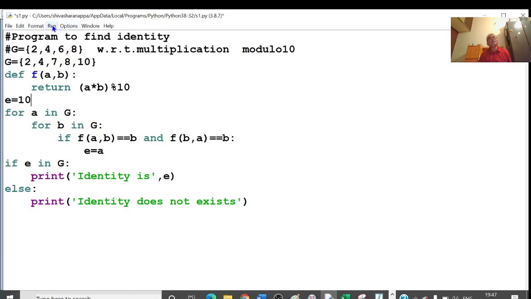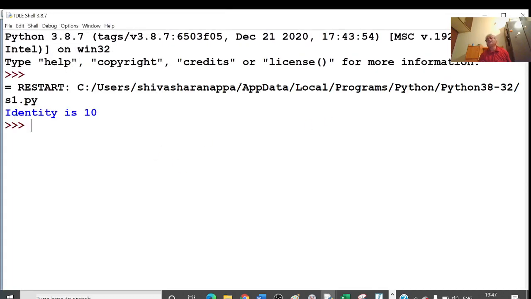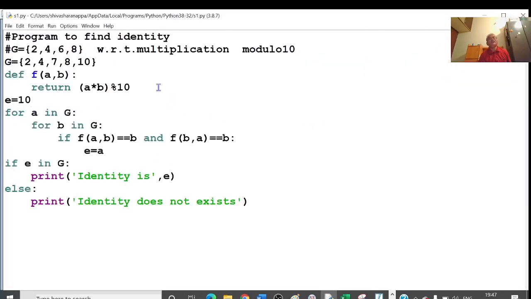So here 10 is the identity element. Let me check. Identity is 10. Yes, it is acting as the identity element because 2 into 10 is 20, remainder is 2 because I am dividing by 10 here. 4 into 10 is 40, remainder is 4. 7 into 10 is 70, remainder is 7. 8 into 10 is 80, remainder is 8. This 10 is also acting as the identity element.